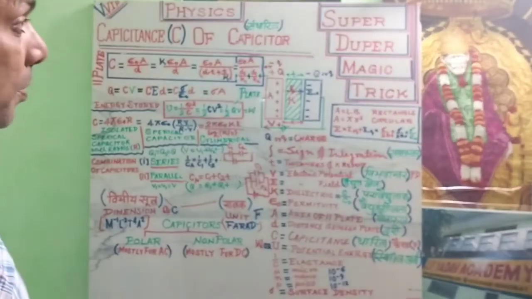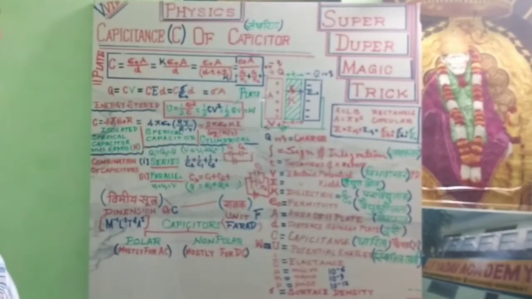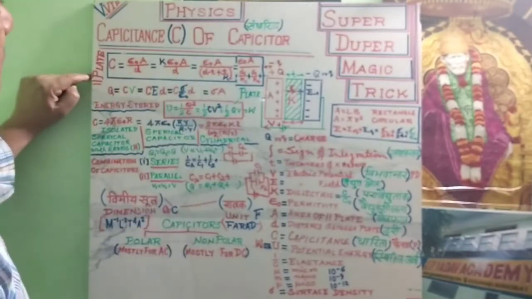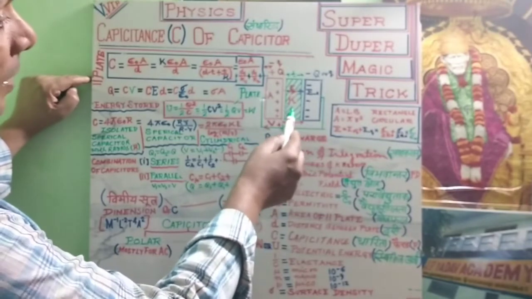चलिए आइए हम शुरू करते हैं अपना फिजिक्स का टॉपिक्स कैपेसिटर्स। ये हमारी सुपर डुपर मैजिक ट्रिक के साथ फार्मूलों का कलेक्शन है। कैपेसिटेंस ऑफ द कैपेसिटर्स, this is our parallel plate